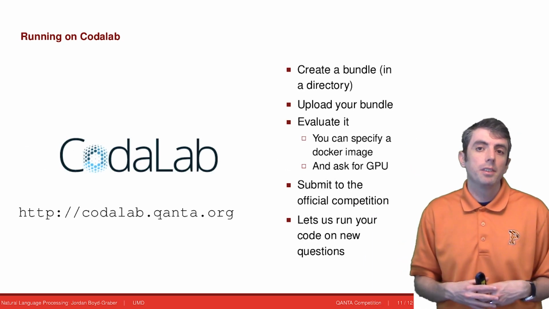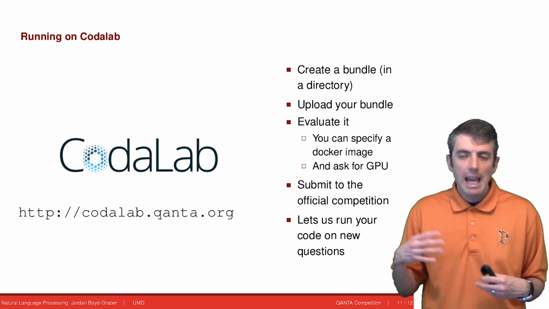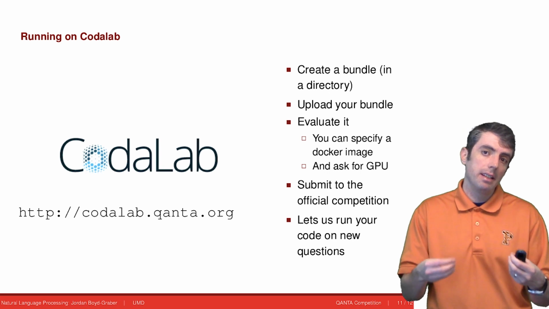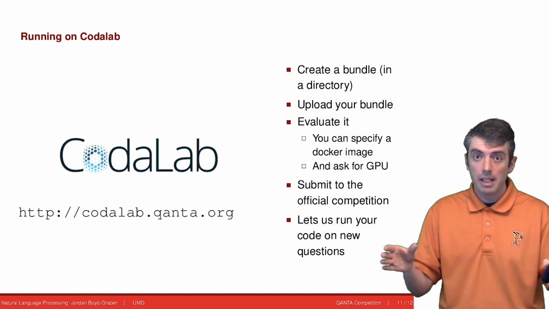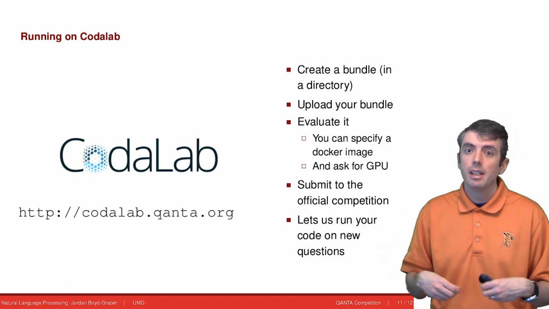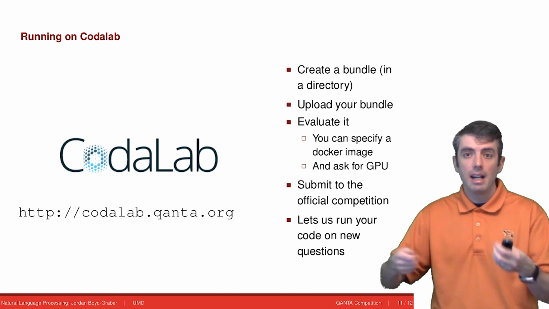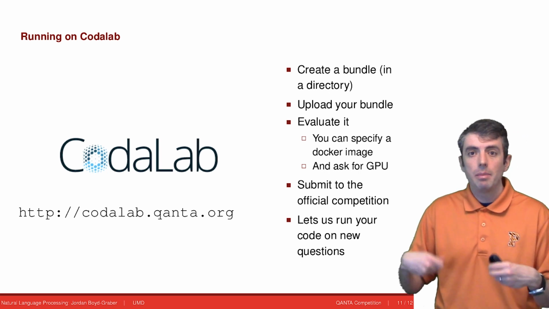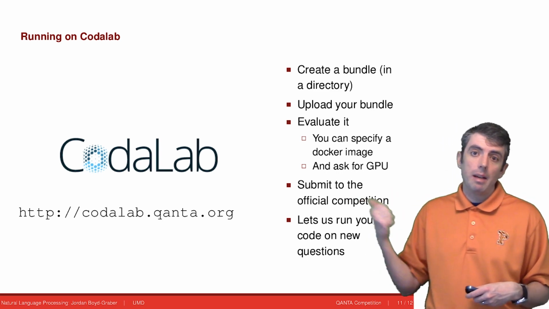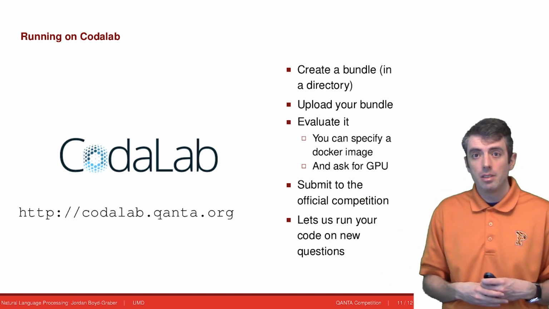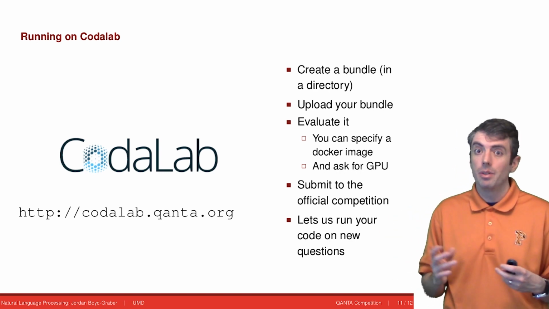The other major piece of software that we'll be using is something called CodaLab, which comes out of Berkeley. And CodaLab allows us to run these kinds of competitions, automatically build the leaderboard, and basically provide the overarching infrastructure that lets your Docker containers interact with data in a replicable way and allows us to run the competition and to automatically run your Docker containers so that we can evaluate the results. There are command line tools for CodaLab that you should download. Unfortunately, these are still in Python 2 as of the time I'm recording this video, so you may need to maintain multiple Python versions if you're coding in Python 3.